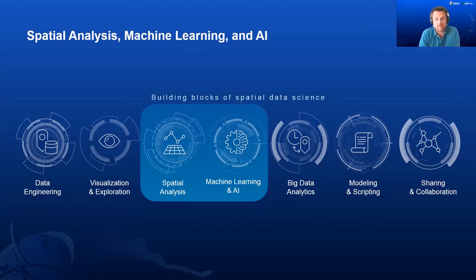Now let's talk about the spatial analysis, the methods and algorithms that allow you to solve spatial problems. And within that also falls machine learning and AI as one of the approaches to solving spatial problems. Here we bring these concepts together, spatial analysis and machine learning, because the reality is that it's nobody's problem that they need machine learning. The focus is on the spatial problem solving, regardless of the method. And whether it's a more traditional GIS technique like weighted overlays, statistical analysis, or deep neural networks, the focus is on problem solving.